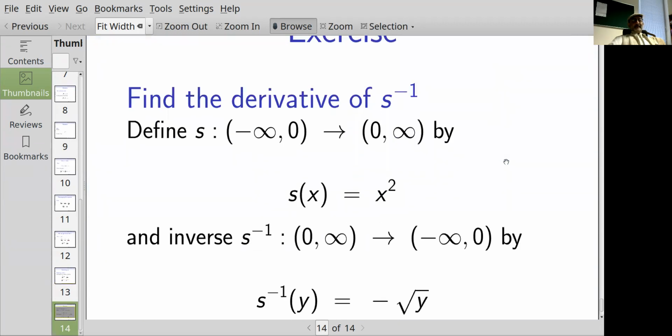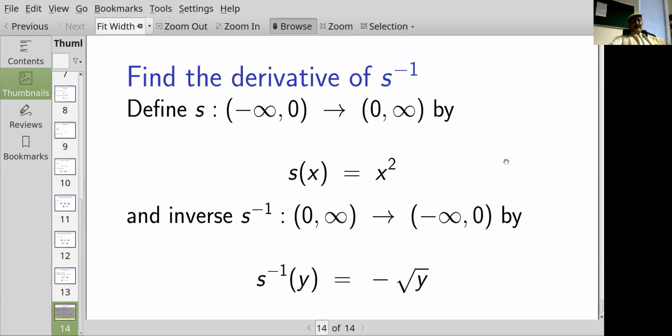Okay, as an exercise, I'll leave you with this. Define S going from minus infinity to 0 to infinity by S of x equals x squared, and then take the inverse to be mapping from 0 to infinity to minus infinity to 0. So S inverse of y is equal to minus the root of y, and see what you get for the derivative of that function. Now we will move on to considering more general roots, and then rational roots of rational